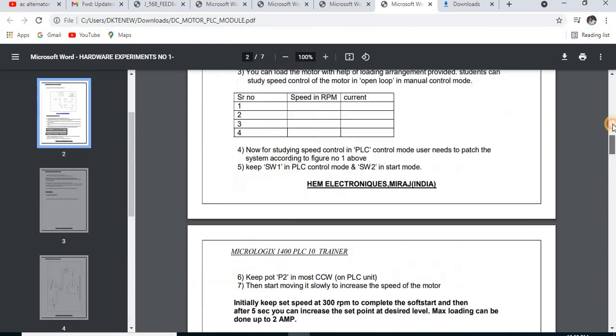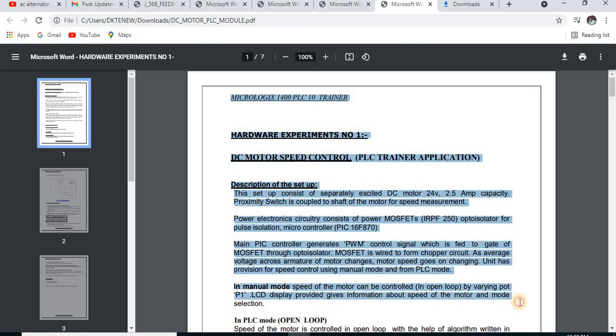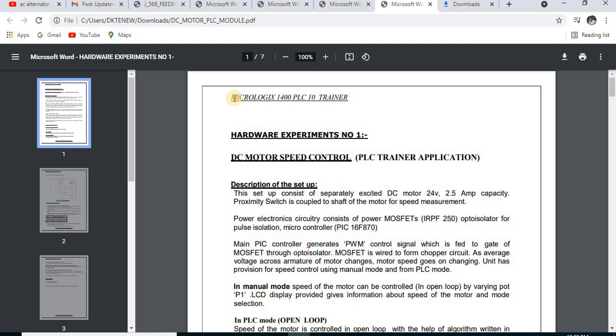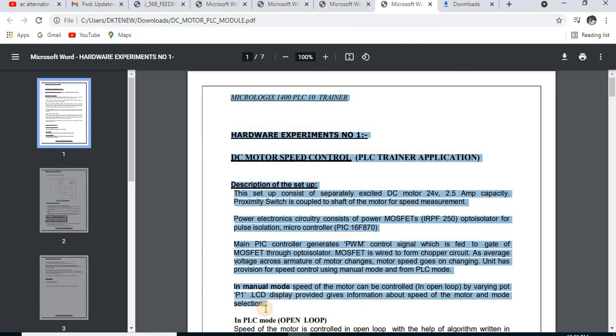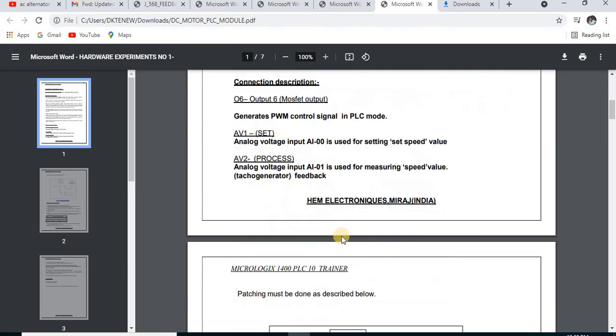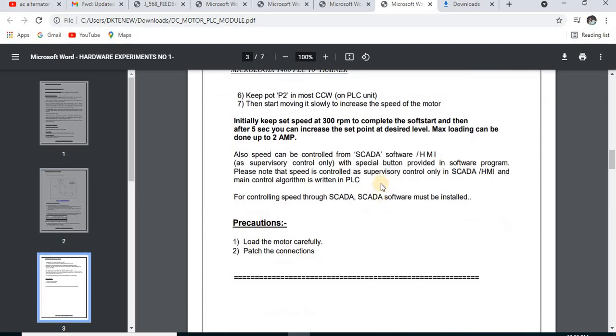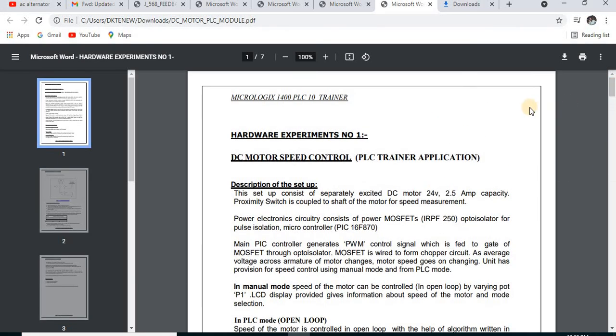From next week, we are going to run the experiments, and we are going to send you the video of the demo, and then you are going to learn about the logic and the operation behind the devices. So this is the introduction to PLC, or the introduction to the automation and control lab. We are going to study these experiments for your current semester.